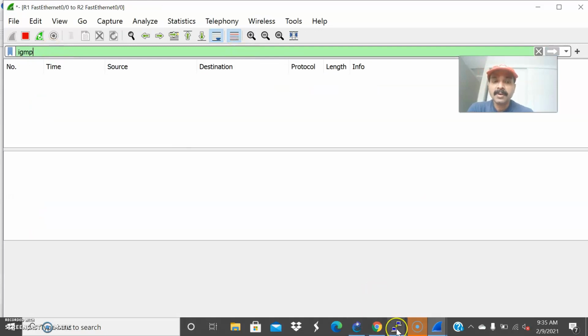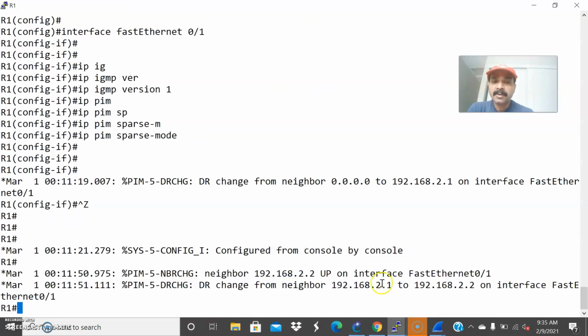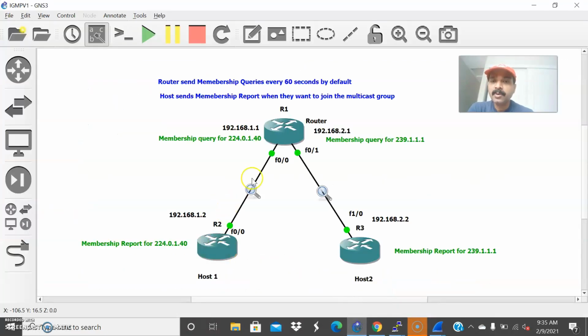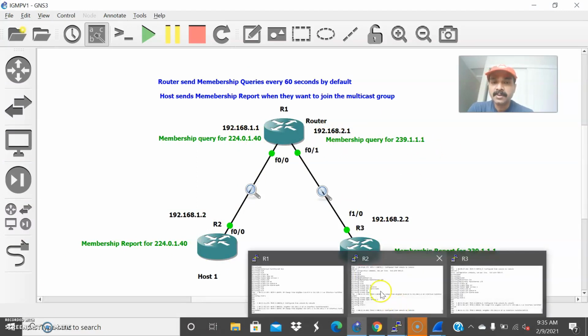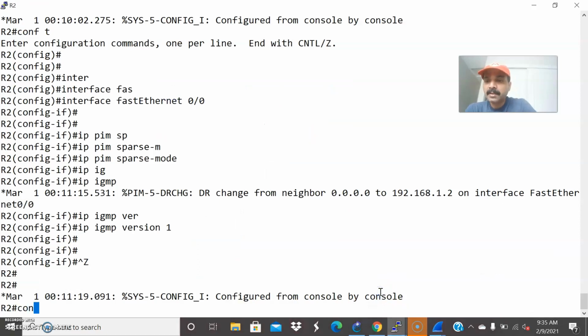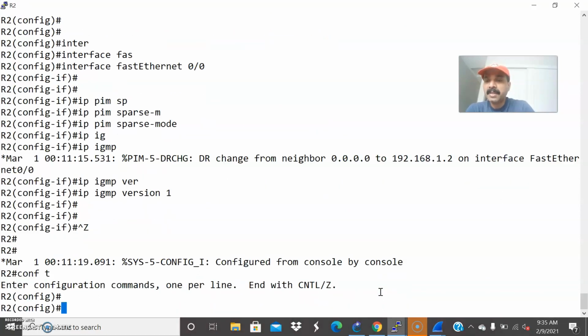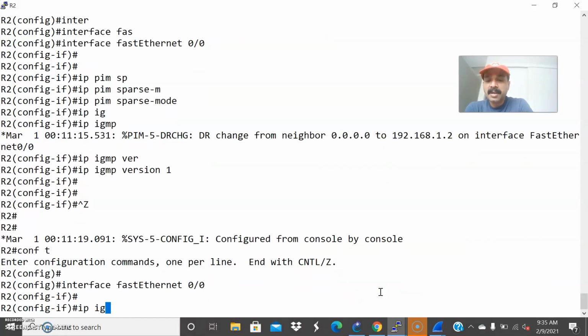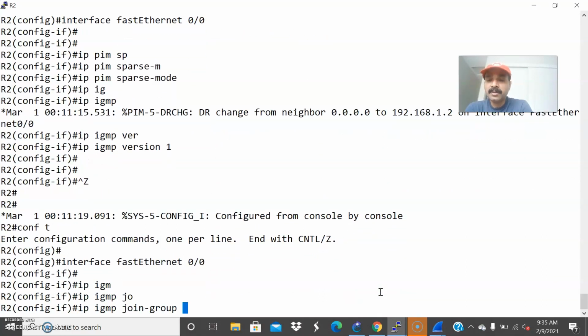Okay. Now I'm going to create two groups. Host one will join one multicast traffic group, and host two will join the other group. So let us go to R2, go to the configuration mode, and the specific interface: interface FastEthernet 0/0, ip igmp join-group.